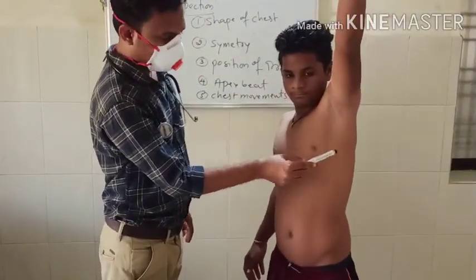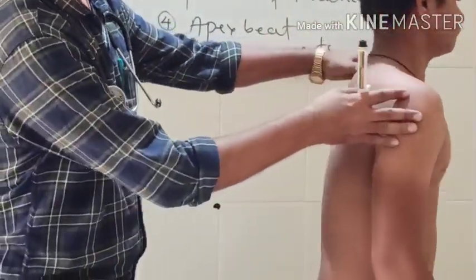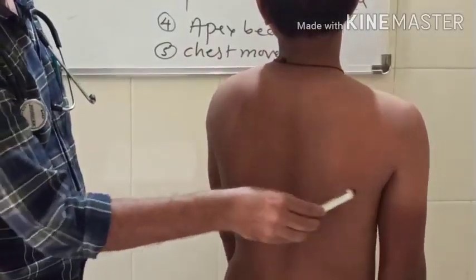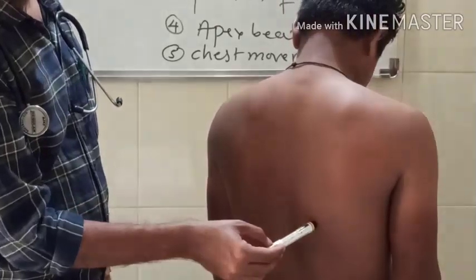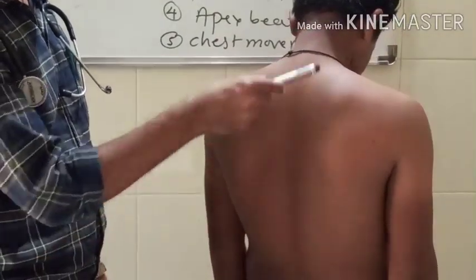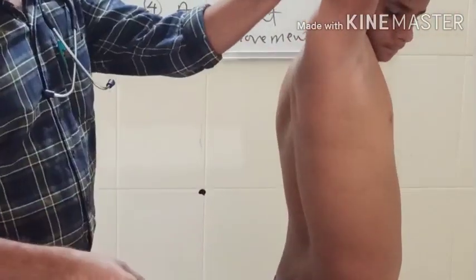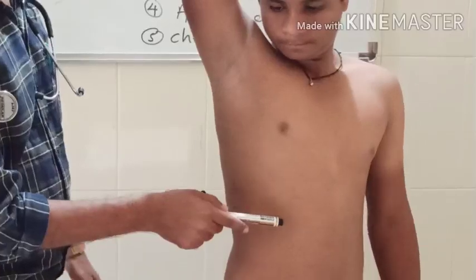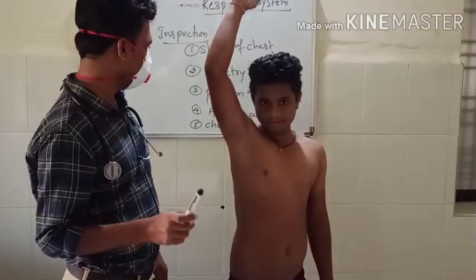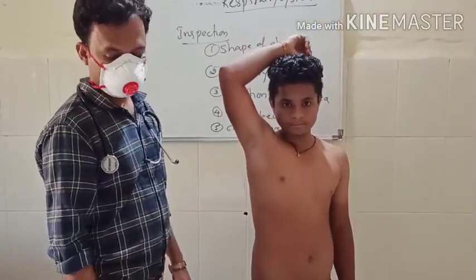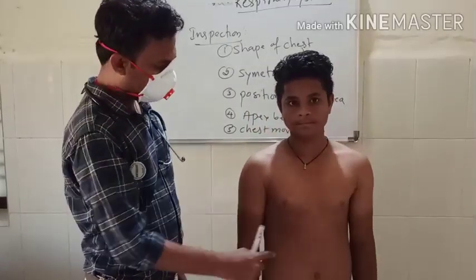This is the axillary area and the infra-axillary area. And this is the scapular bone: suprascapular, then in between the scapulae, interscapular, and below the scapula, the infrascapular region. Totally 3 here, and 2 here, 5, and the front is totally 4. So the total is 9 areas in the respiratory system. You have to look at chest movements in all 9 areas. And lastly, you look for any scars, dilated veins, or any pulsation over the chest.